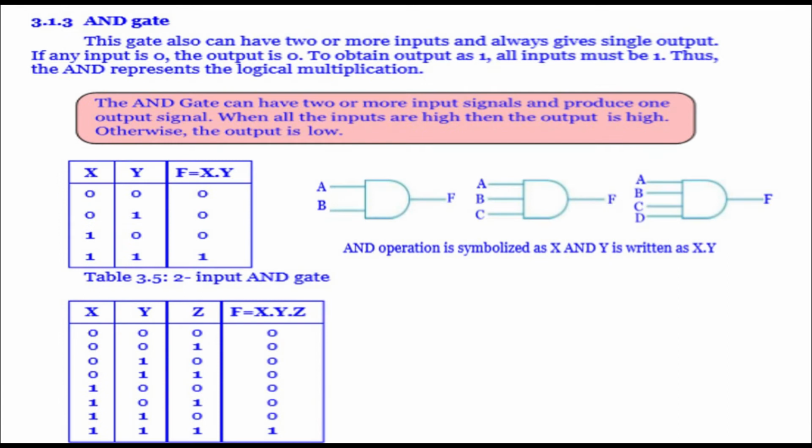In the same way, the AND gate. The AND gate has two or more input signals, same as OR, but it acts like a multiplication operator. That means it is the logic gate for multiplication. X and Y are two inputs, and you can see the result F is equal to X into Y. That is the output. You can also see the truth table: X and Y we have taken 0, 0, 0; 0 into 1, 0; 1 into 0, 0; 1 into 1 is 1. So in this way we will get the output.